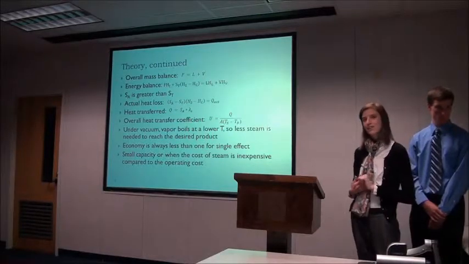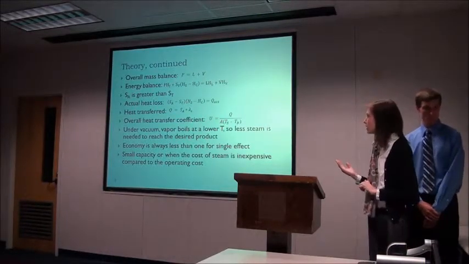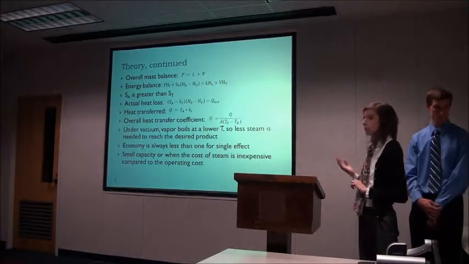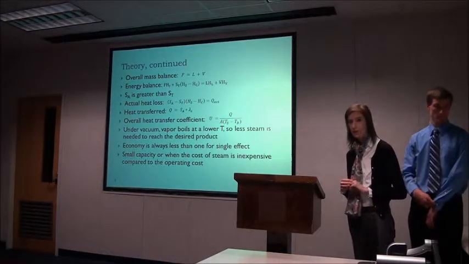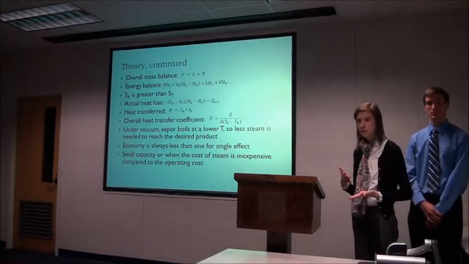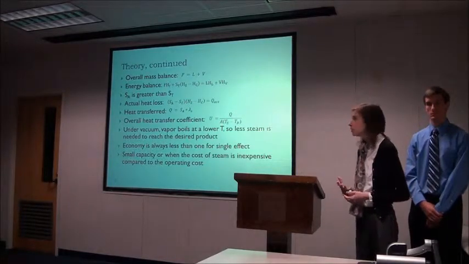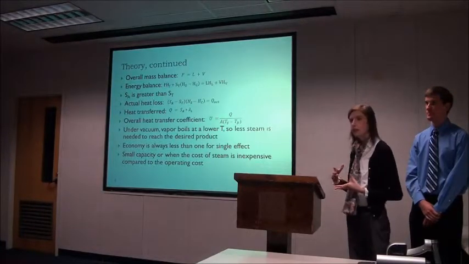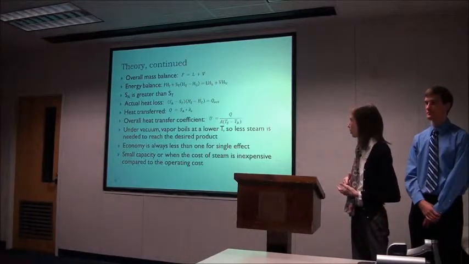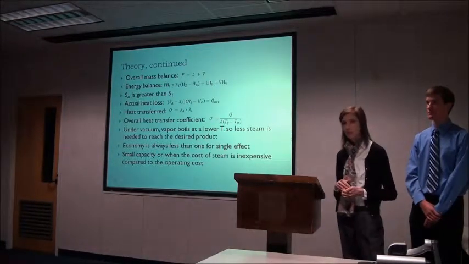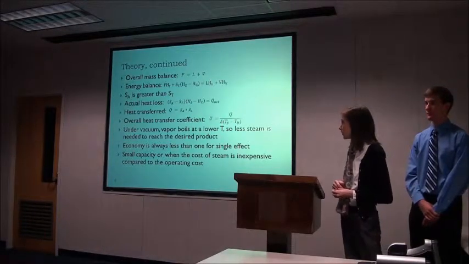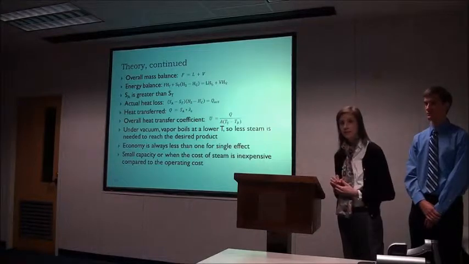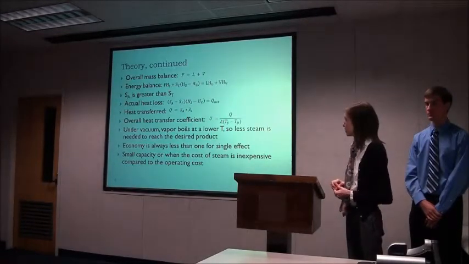More theory. So these are some of the equations that we used. We have an overall mass balance, F equals L plus V, where F is your feed stream coming in, so whatever comes in has to equal whatever comes out. So we have our feed coming in equaling the sum of what's coming out, L, our liquid product, and V, our vapor condensate product. We also have an energy balance equation where the unknown is our ST, or the mass flow rate of the steam,